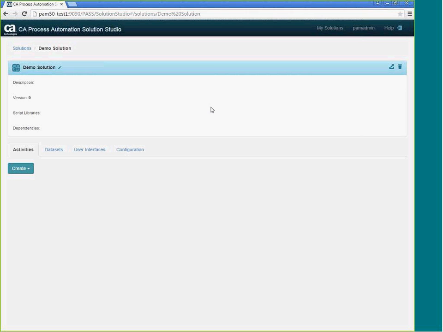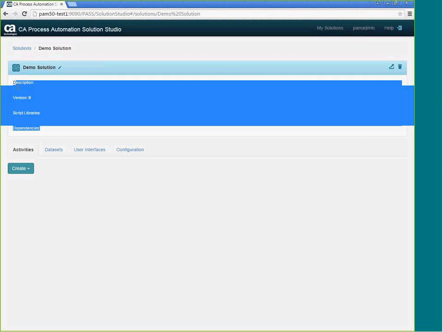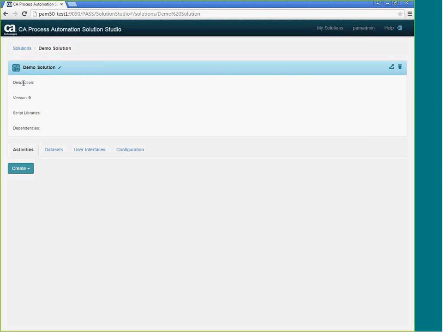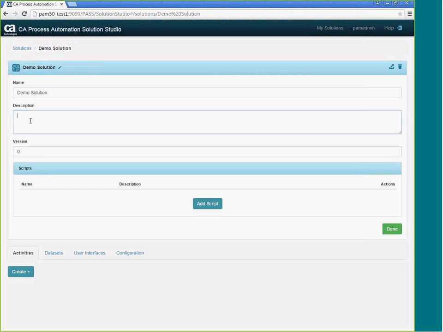And here the basic anatomy of the solution is visible. So I have a bunch of basic information about it, a description, a version, a couple of properties that are beyond the scope of this introduction. And then we have areas for activities, data sets, user interfaces, and configuration, which are the core units of a solution. So I'm going to start with the basic information first,